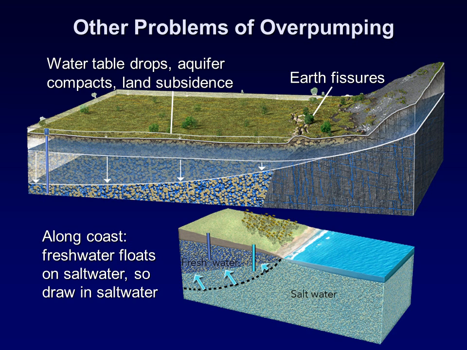Fissures related to subsidence can be tens of meters wide, kilometers long, and tens to over 100 meters deep. Fissures provide easy access for contamination into groundwater without being filtered, and this is a big problem in Phoenix as well. If you ever go out to any of the fissures surrounding the Phoenix area, for some reason people love to dump their trash there, and I don't know what that's about, but